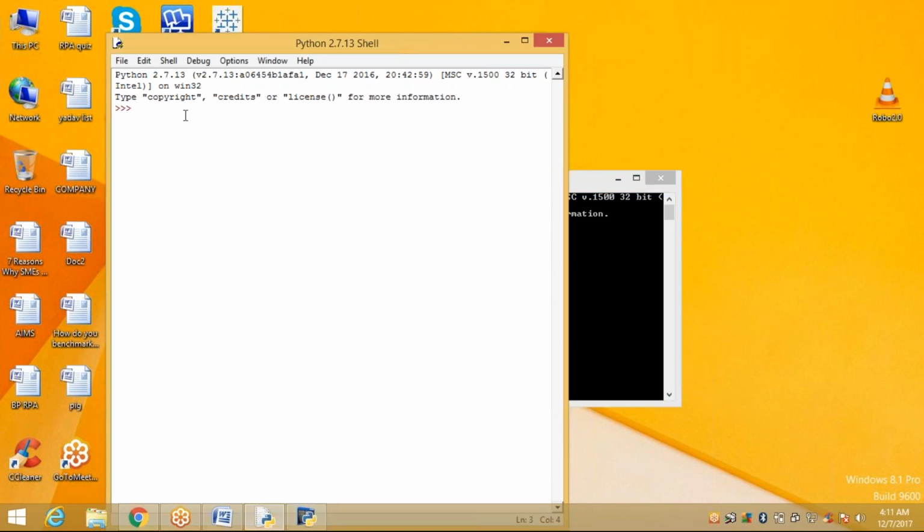See here, first the IDE. Directly you can type your code here. Suppose print hello. When you run it, it shows hello Python.